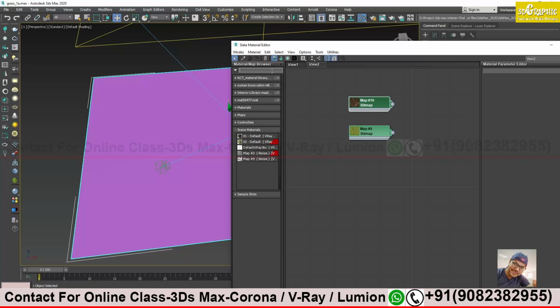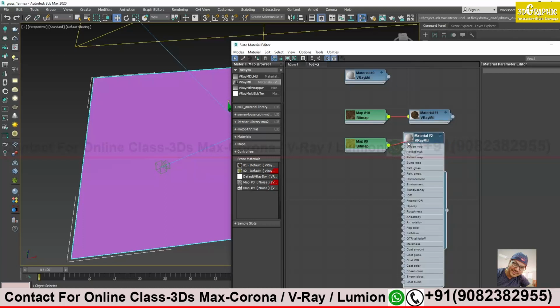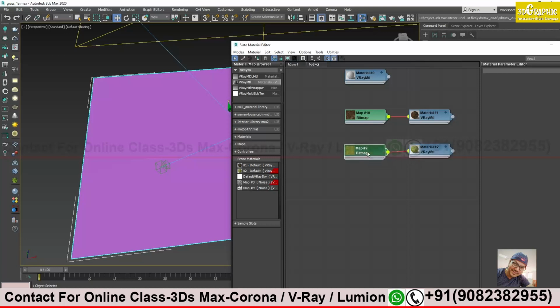I need a V-Ray material. One I keep for my base and I make a copy. It's simple, just diffuse again, and this one will go for making grass. Later we will change the properties, reflection and all. Now we will keep only basic diffuse.